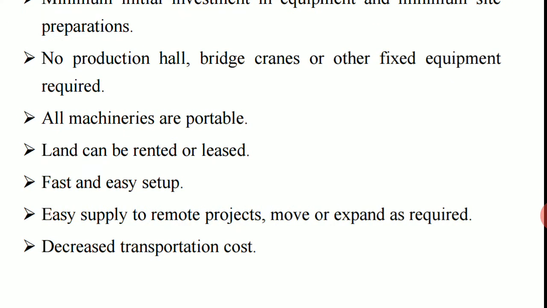And next, decreased transportation cost. That is the main thing which will affect mobile production as well as stationary production. In mobile production, the transportation cost will be too low, because everything is prepared at the construction site itself by using mobile production. So whatever the transportation cost there will be, whatever damages it may cause in the transportation system, everything can be minimized in the mobile production system. So obviously the cost of the construction is going to be reduced, and things will come under profit.